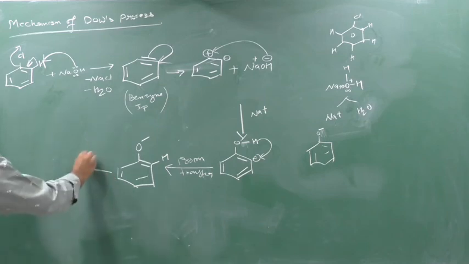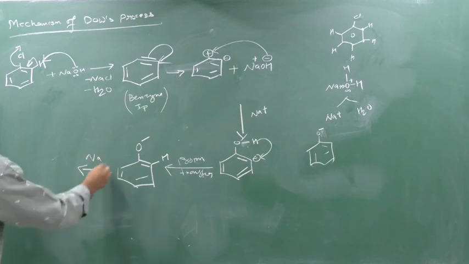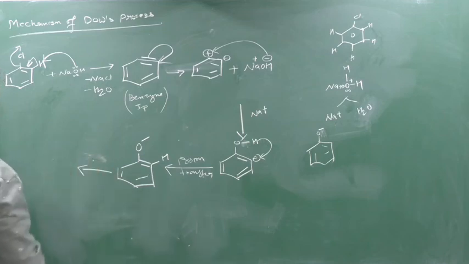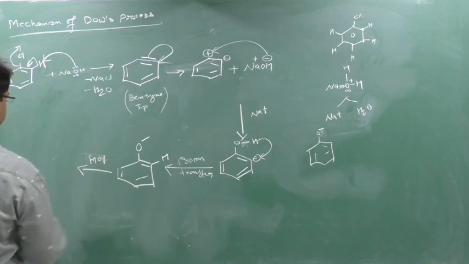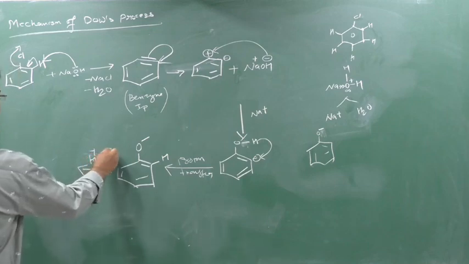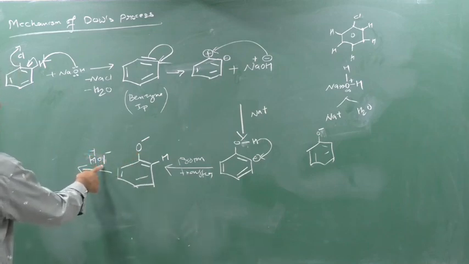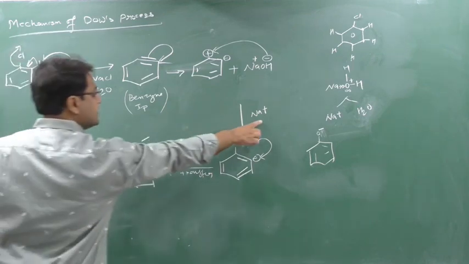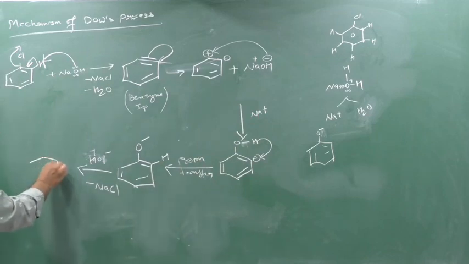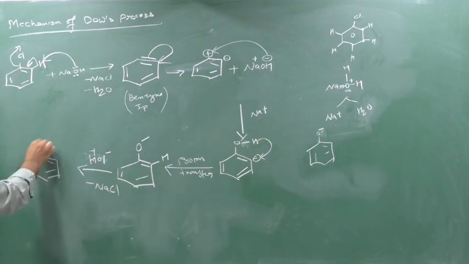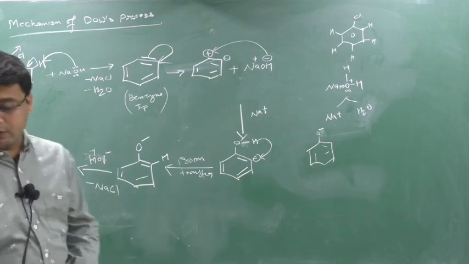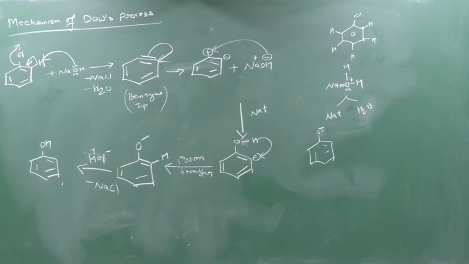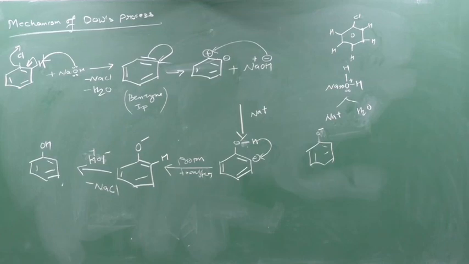Now very simple. This phenoxide ion is generated now, so this is the first step. The second step we are doing is acidification, with HCl. So now this is plus and this is minus. The plus will go with this and Cl minus will react with this Na plus. So what will be generated here? NaCl. This is Cl minus and this is Na plus, so here NaCl will be generated, and here there will be generation of OH. So in this way we are forming phenol with the mechanism. Take a screenshot and do the reaction.